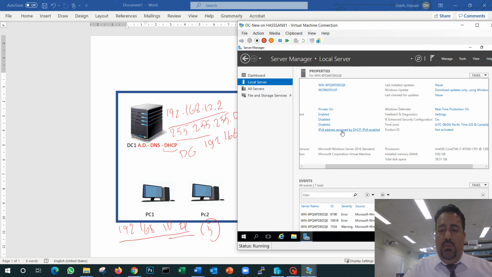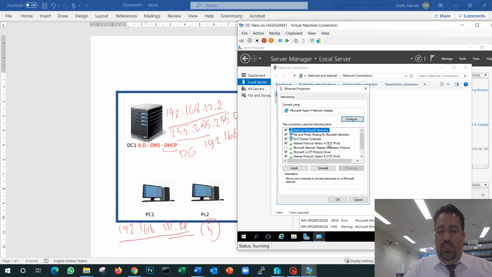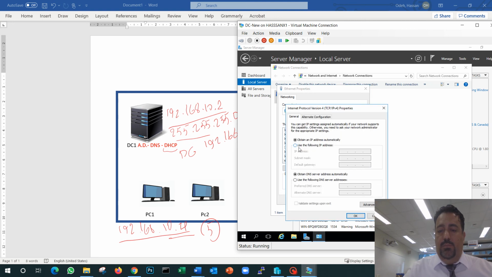So I click on add IP address. It will get me to the network settings. I can go to it from the network properties or the control panel, but it is here. Right click, properties, and then I choose TCP/IP. Double click on that. Use static IP address. Why am I using a static IP address? Because this server is going to be my DHCP. My DHCP cannot have a dynamic IP address, and because the DHCP is also not enabled, that's why we're setting them static. So I'm setting it static. I will write them here.